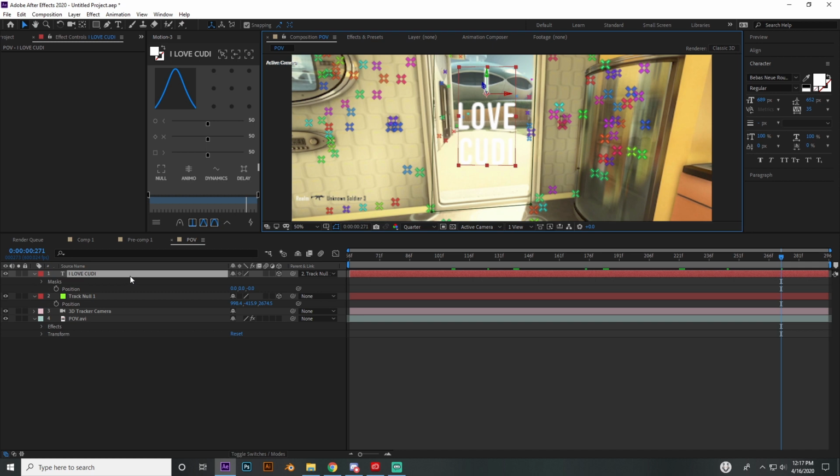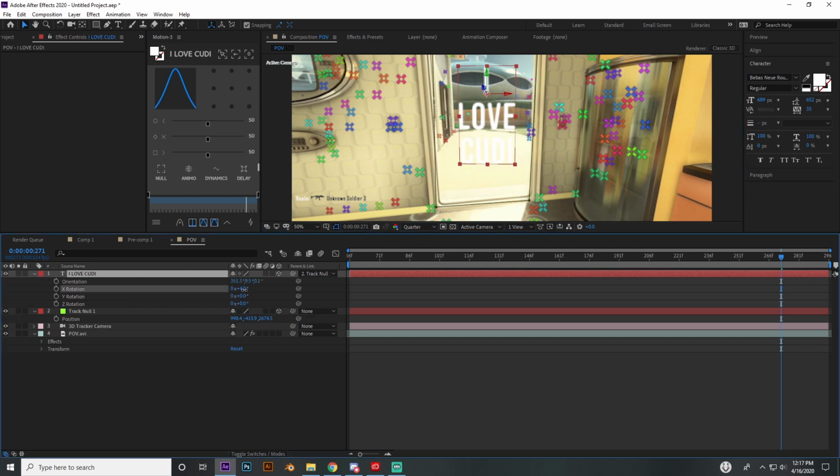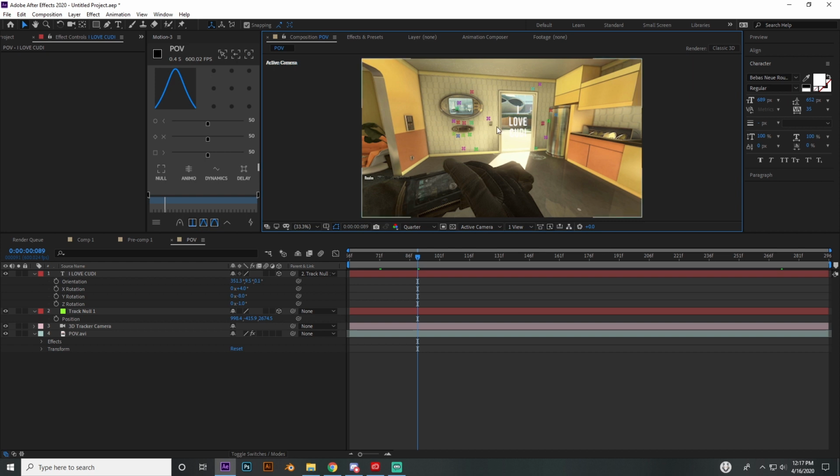And another thing you're going to want to do, you're going to want to go to rotation on your text, and you're going to want to go ahead and rotate it. Make it look like it's straight with the door, because the null and our original points aren't going to be perfect. And so that's how you get the text tracked into the scene. Let's go ahead and do a little bit of compositing, make it readable, make it look like it fit in. If you wanted to go the extra mile, you can try to get a shadow down here,